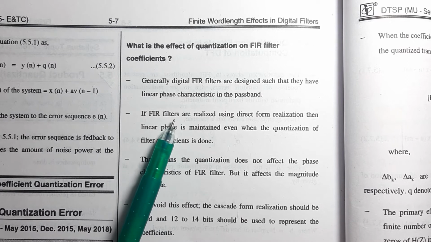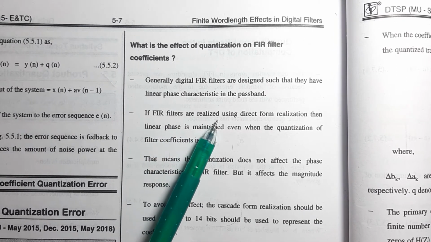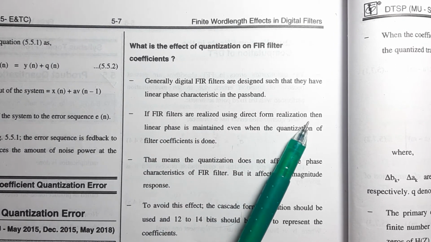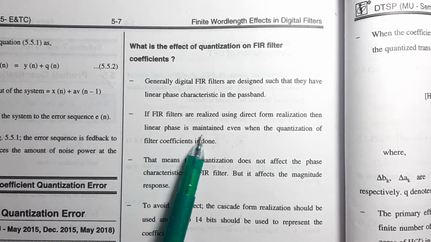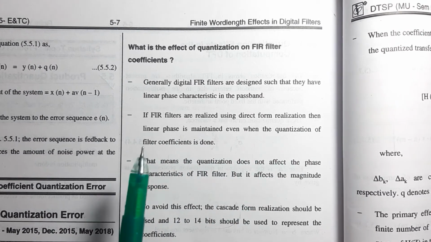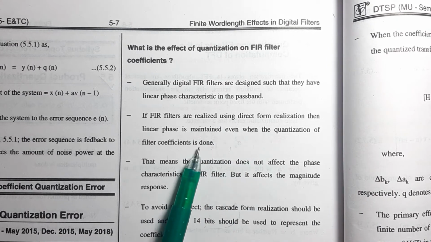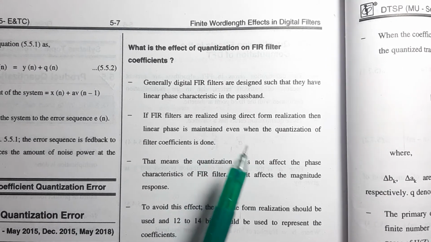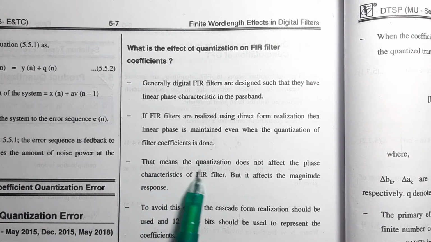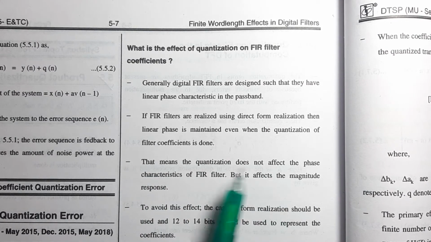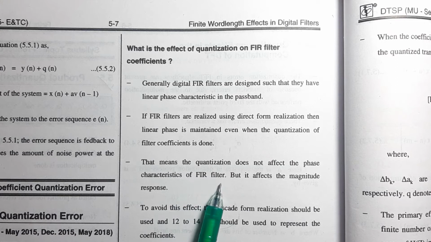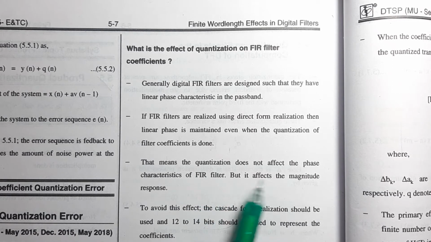Now, if your FIR filters are realized using direct form realization, then the linear phase is maintained even when the quantization of the filter coefficient is done. What do we mean by this direct form? Don't worry, we'll get it done in the numerical section. Now, that means the quantization does not affect the phase characteristics of the FIR filter, but it affects the magnitude